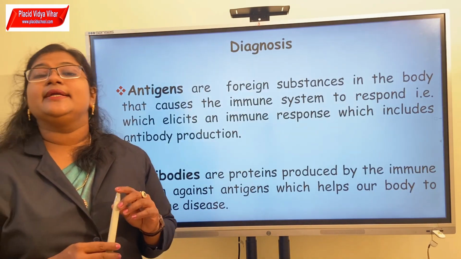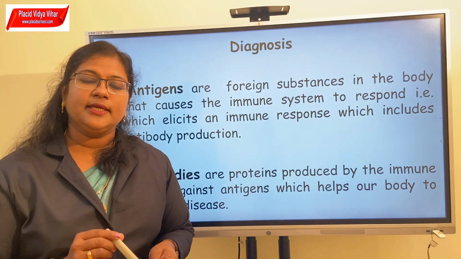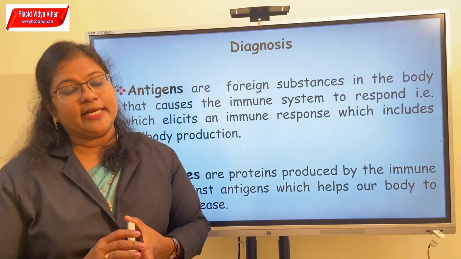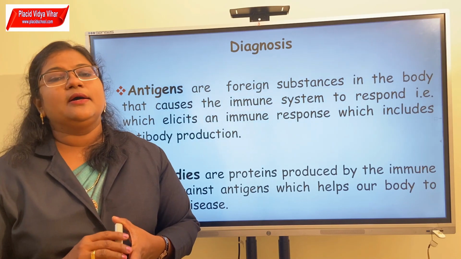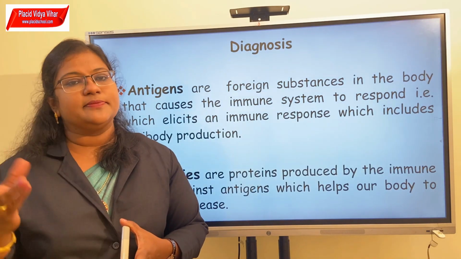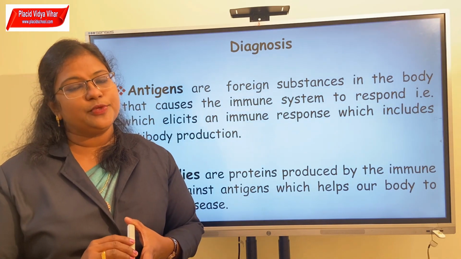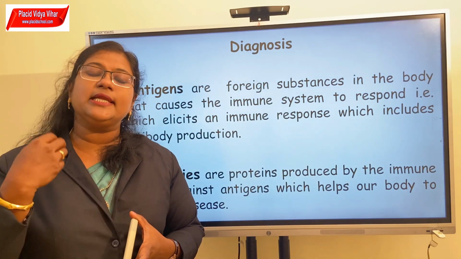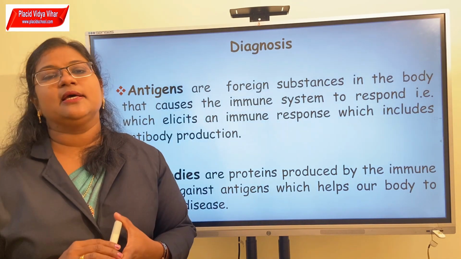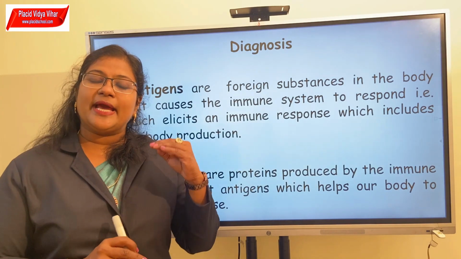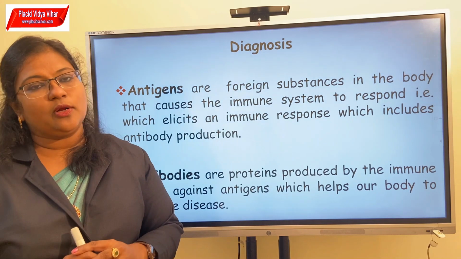Now let us go to the diagnosis of AIDS. Early detection is an important thing in the diagnostic procedures. In any diagnostic method, we are using two terms which you should be familiar with. One term is called antigen, another term is called antibody. An antigen is any foreign substance which can enter the body and elicit an immune response. You have heard a lot about antigens in the previous section of the chapter. So an antigen is anything which can elicit an immune response, which involves antibody production also.